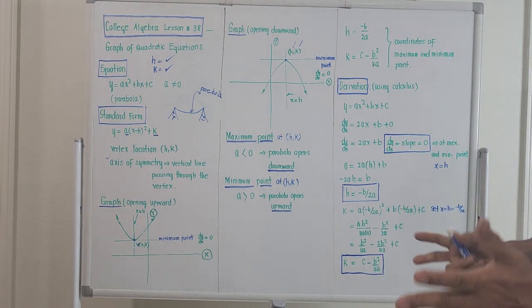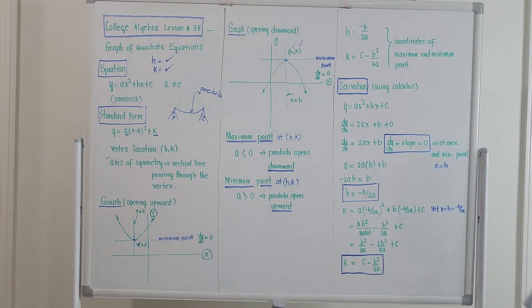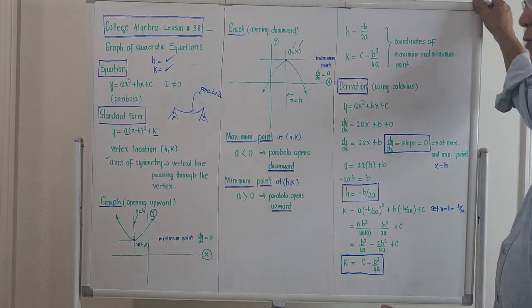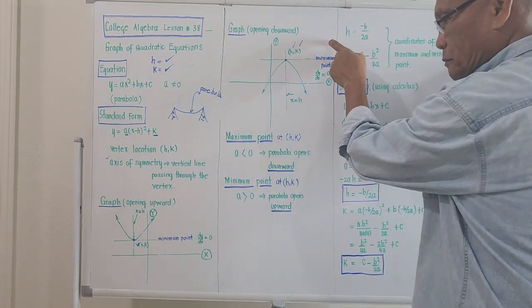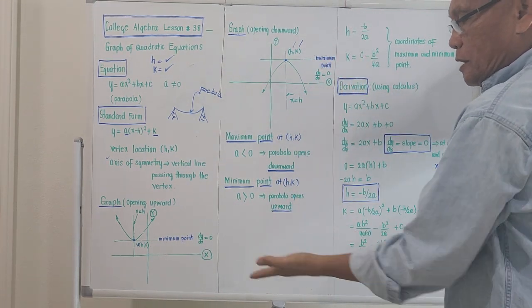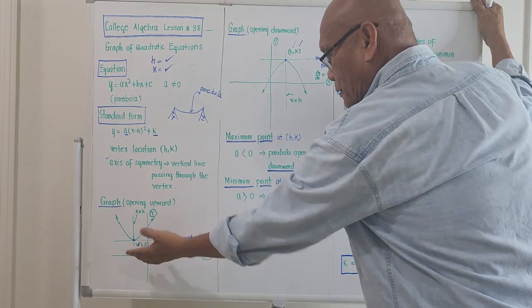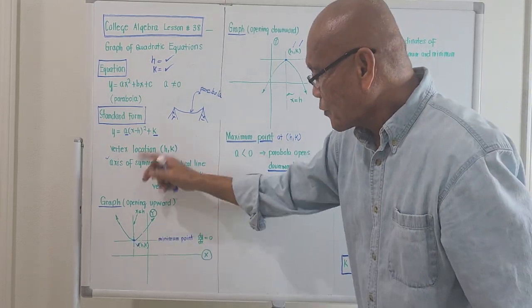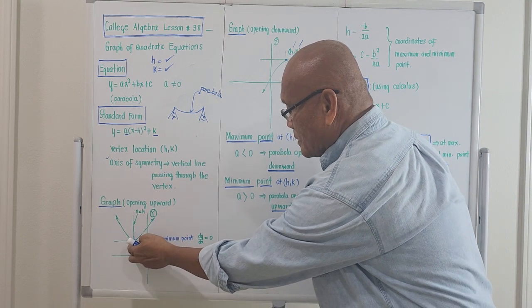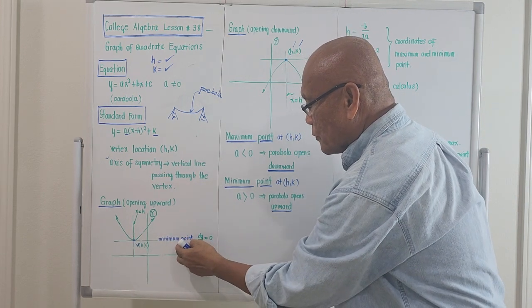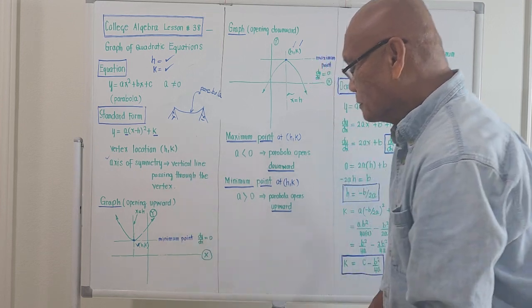Okay? What are the important points on the parabola? The important points on the parabola are the so-called minimum point and maximum point. This one is the minimum point because the parabola opens upward. So the lowest point on the parabola is the vertex, and we call it the minimum point because at this location,